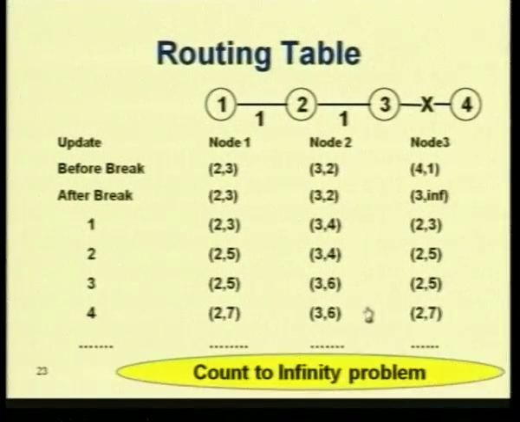Slowly they all start counting all the way up to infinity. So, this is called the count to infinity problem, which is one of the major problems that we have in this distance vector routing algorithm. Okay. So, how do we solve this problem? So, basically what we do is,